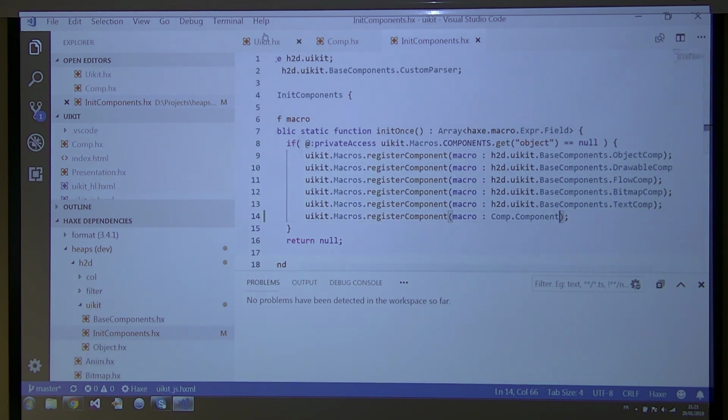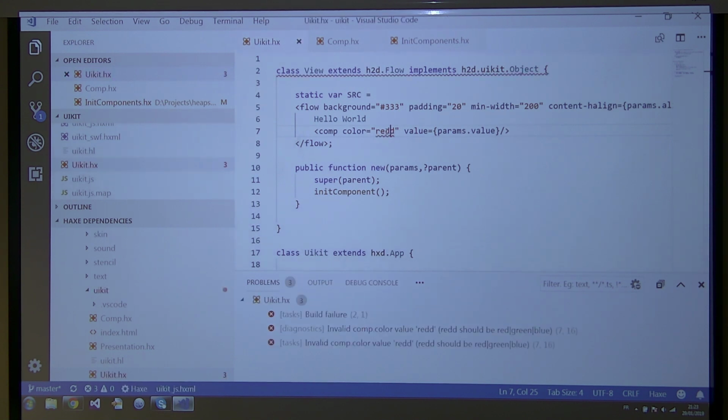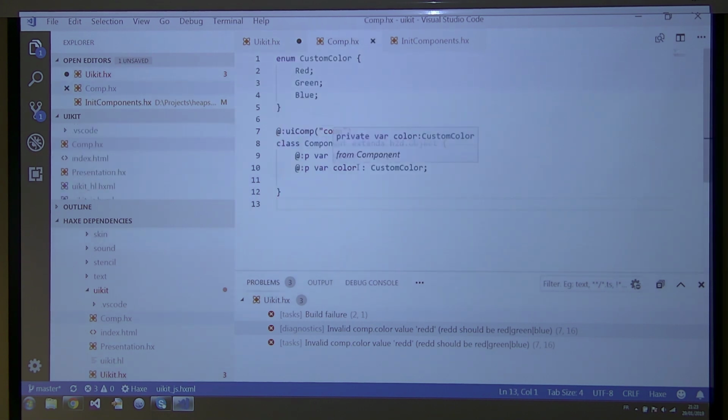So if I have this ccolor red and I made a typo here and I compile, I get "red should be red, green, blue." Okay, you see? So now this will make sure that it creates a component red that gets added to the component flow that is our view, but it still doesn't display anything. So here we might say, what if, let's say, I use not an object but a bitmap, which is